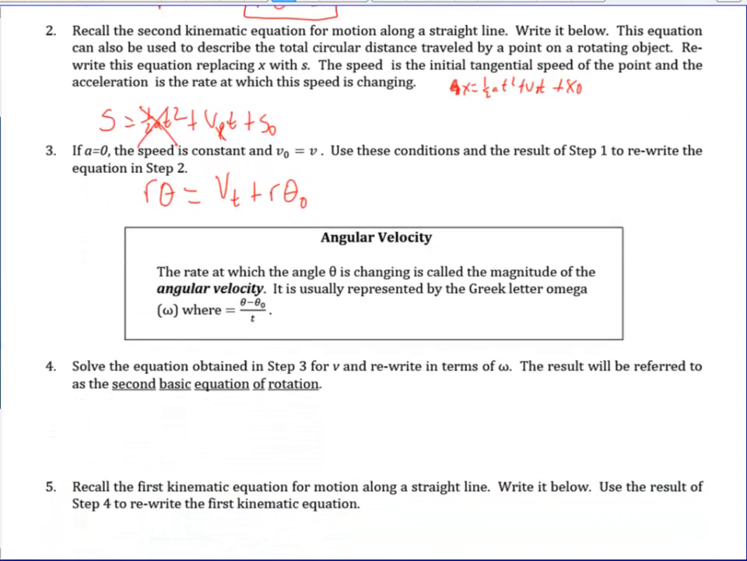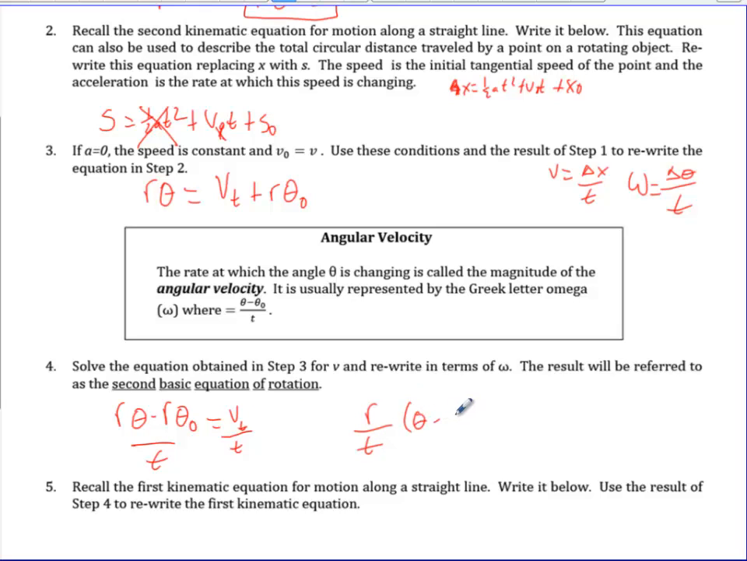Alright, solve the equation obtained in step 3 for v and rewrite in terms of omega. Well, what's omega? Let's jump to this box. Just like velocity is the rate of change of position, change in position over time, omega is the rotational equivalent to that. Omega is the change in angular position divided by time. That's what this box says. So if we simplify and solve this for v, what we get is r theta minus r theta naught equals vt. Divide both sides by t and factor out that r, and I get r over t times theta minus theta naught